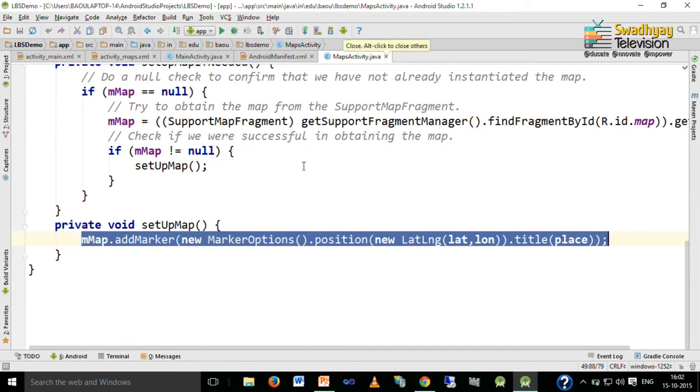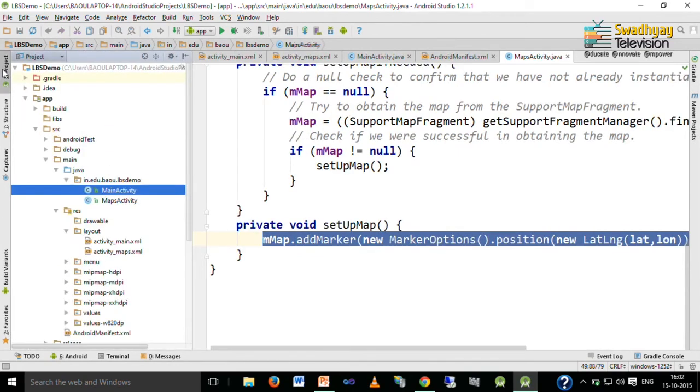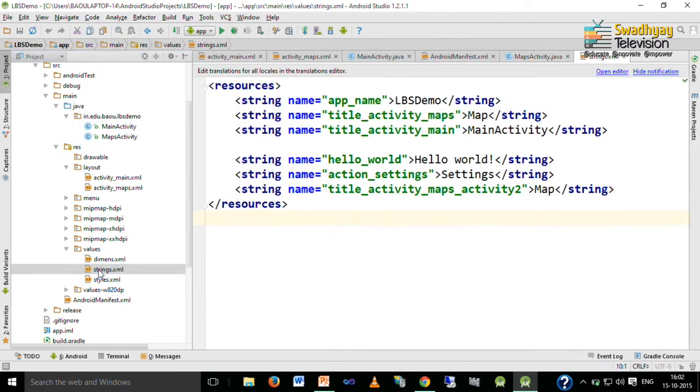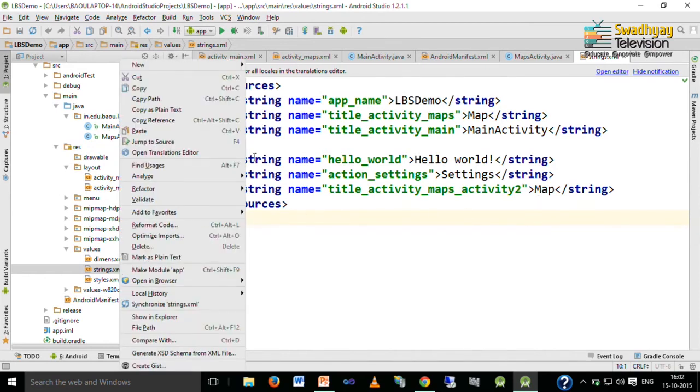Now, we want to specify our API key acquired. So, here inside values we have a string.xml file. Now, you cannot see the API key here. So, what you have to do is right click on this string.xml file and then open its editor.